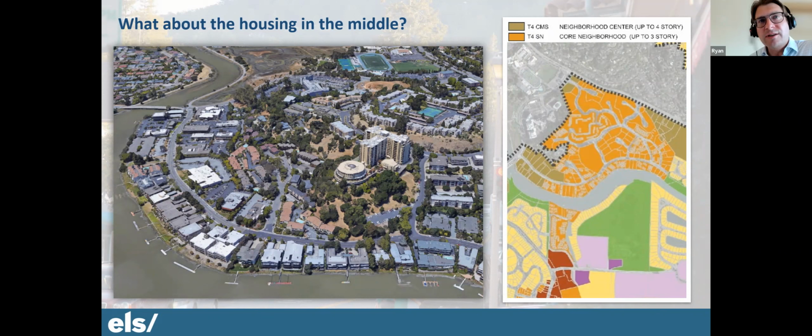But this area was largely attached housing, whether it's flats or townhomes or the senior housing. This was an area that is denser than other parts of Larkspur. And so the core neighborhood zoning, really up to with the density bonus, seemed one that was very well aligned with what we're already seeing in this district. So are there any thoughts on that, the orange, and then we'll jump into the brown color?